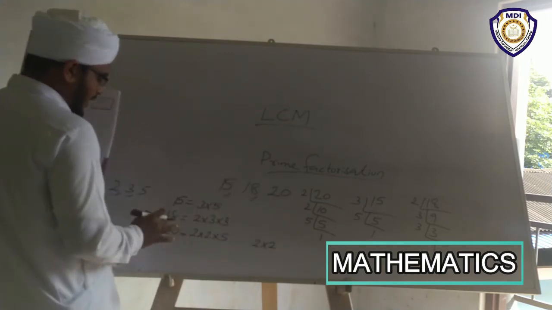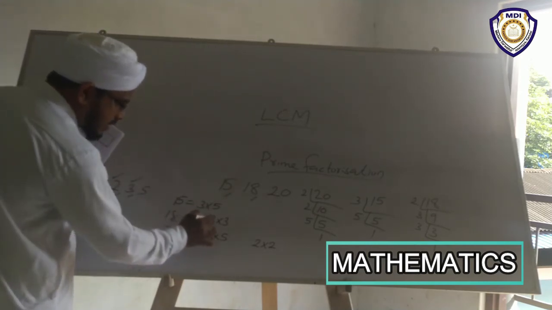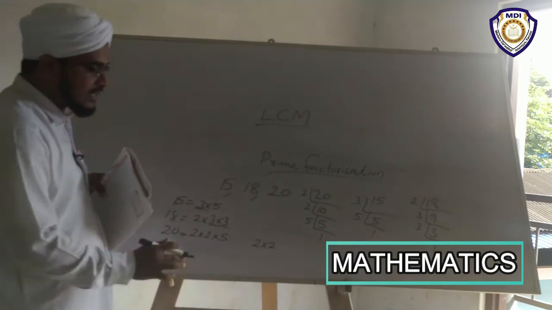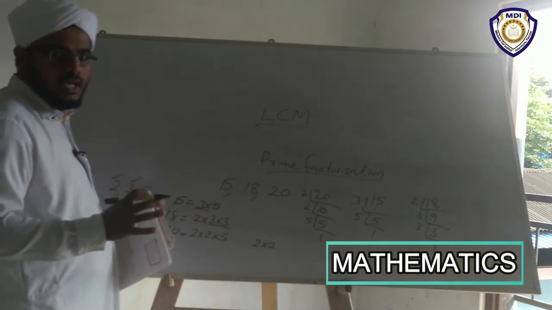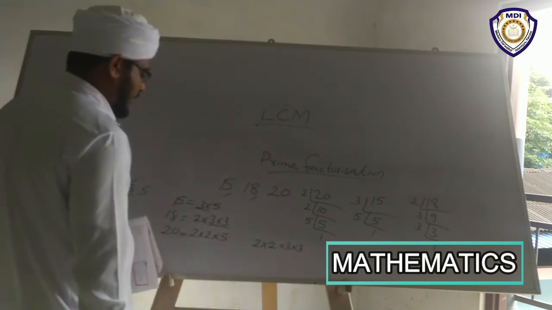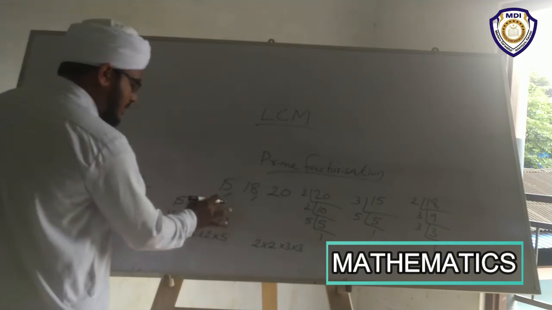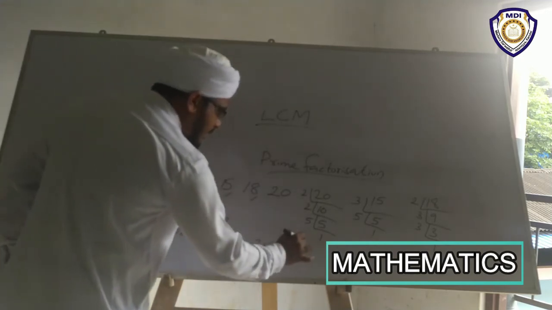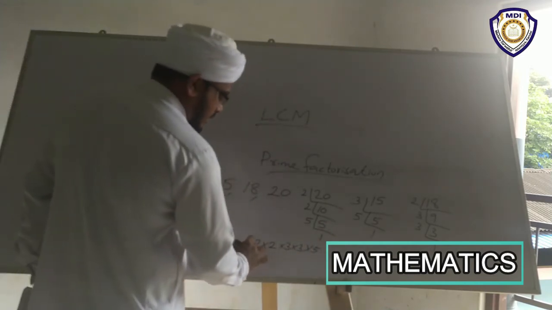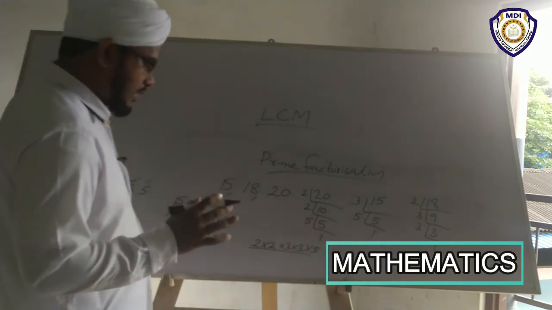Then 2 into 2. Okay. Next 3. Here no 3, here two 3s, here one 3. Then we avoid this 3. We collect this 3 because there are 2 times. Okay. Then 3 into 3. Next 5. Here 1, here 1. Then we can take whichever. Let us take this 5. Okay. Then 1, 5. Okay. This is something difficult. So please, if you have any doubt, you can ask.